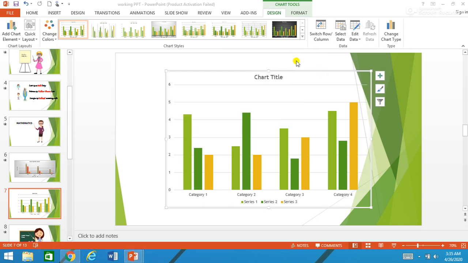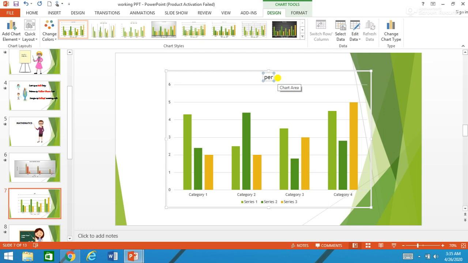Now for the time being, let me first discuss this chart area with you. In this chart area, you can see a chart title. You can change the title as per your topic. Suppose I want to make a chart for performance of students.